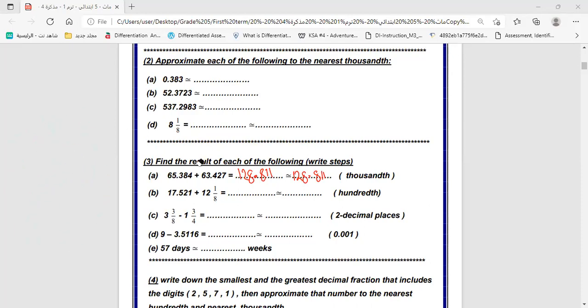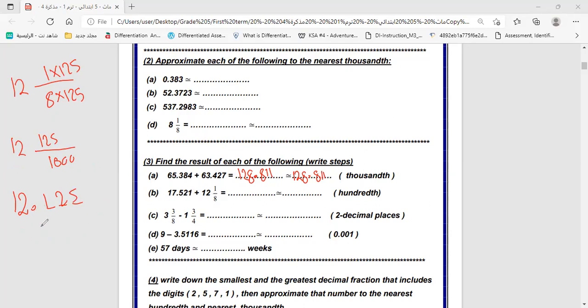17.521 plus 12 and 1 over 8. Before you start, change this fraction into a decimal. Again, keep the 12, but multiply up and down by 125, because 8 is a friend of 125, and it will turn it into 1,000. So here, 12 point, 3 places, 125. Now it is a decimal. I can add it now to